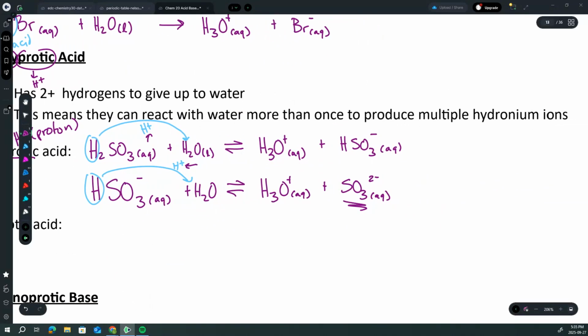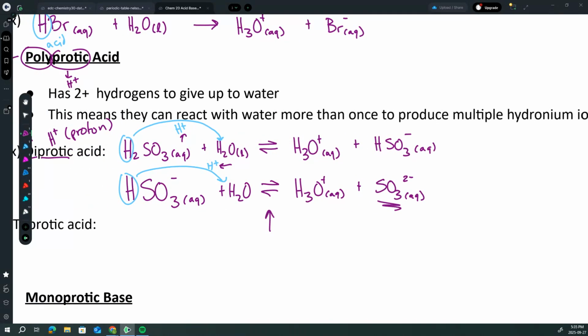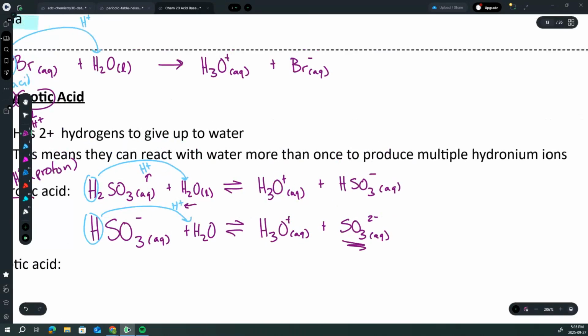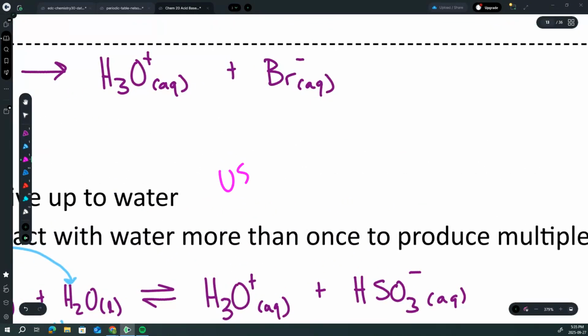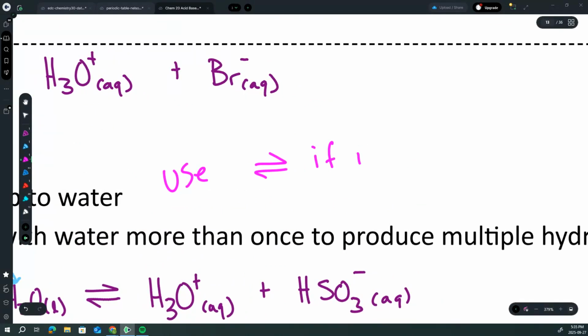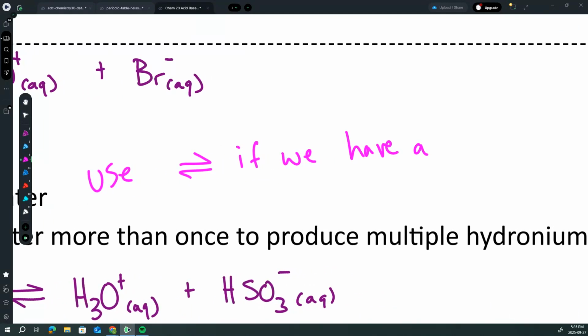Now that I'm done with this example, I'm going to write out what I was saying about the arrows. Just as a reminder, use the double-headed arrows if we are reacting